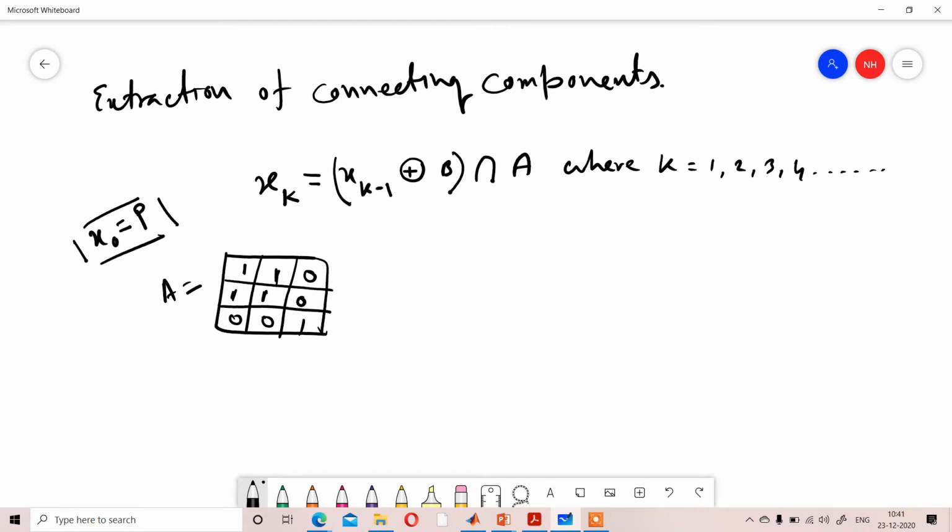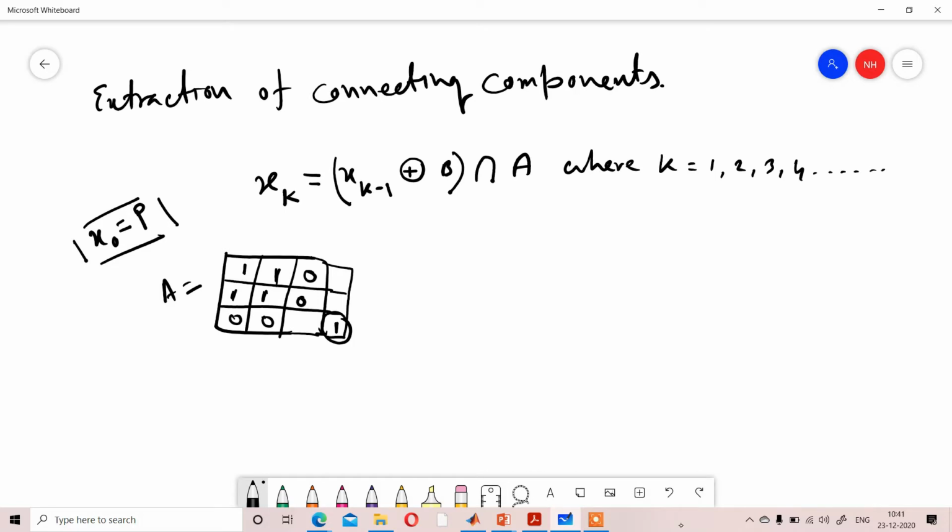Visually you can see that these 4 pixels are connected, and this pixel is not connected. So these 4 pixels are one region, this is another region. This pixel is not connected to these 4 pixels. Visually you can check it, but theoretically you have to show that only these 4 pixels are connected, this pixel is not. So that is your formula.